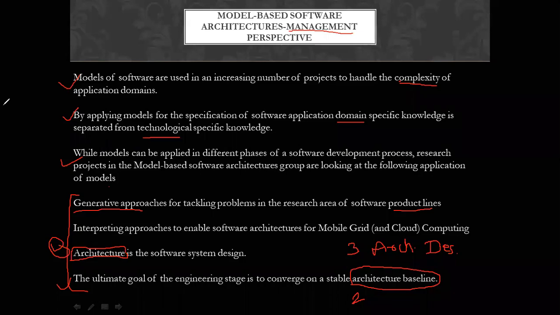So it is a kind of information, a piece of information given on the basis of the artifacts. Now you know all types of artifacts we have discussed: engineering artifacts, management artifacts, pragmatic artifacts. On the basis of the artifacts, this information is made, and it helps us catch the attention of the stakeholder and make the stakeholder satisfied. That is called the architecture baseline.